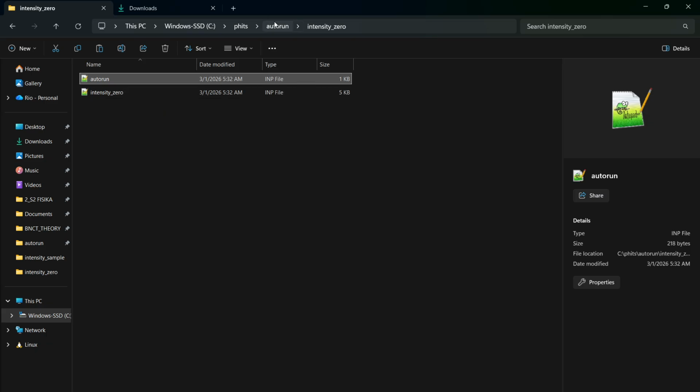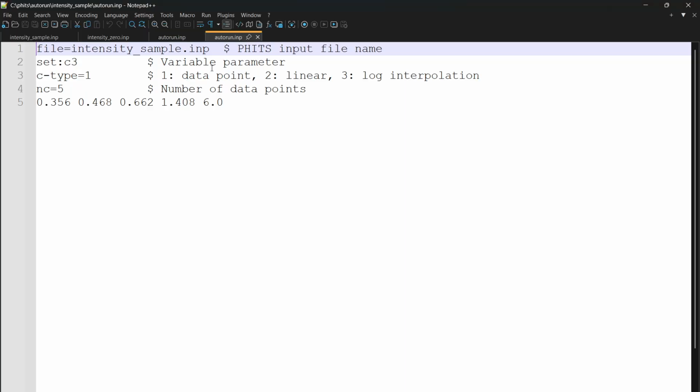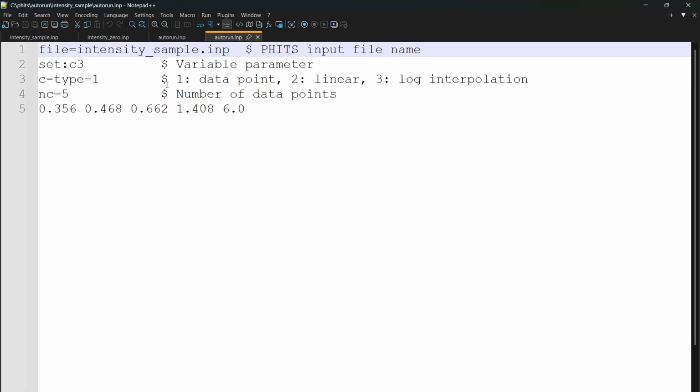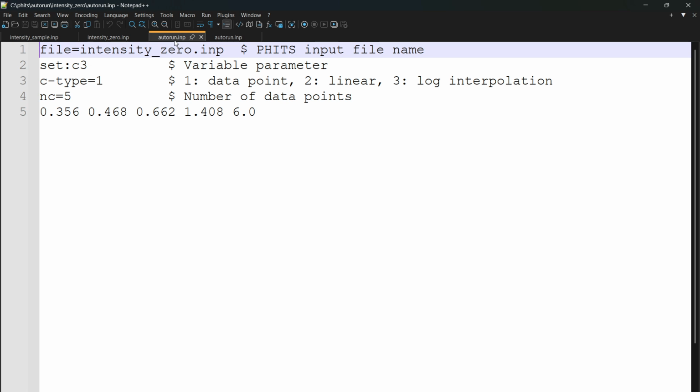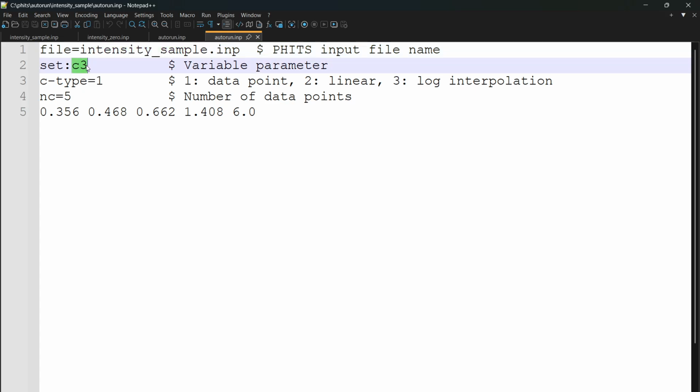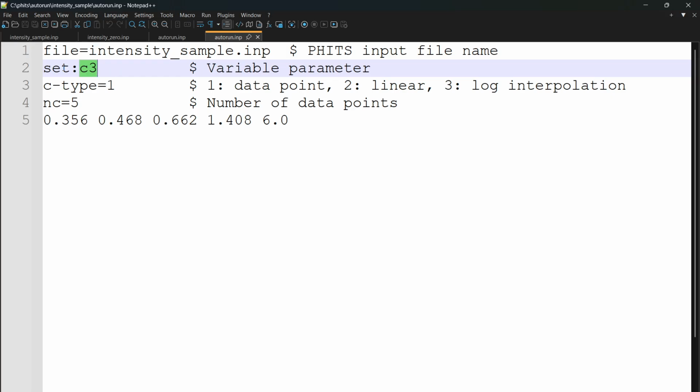Also, if you look in intensity sample, there's also an autorun, so it's different. Do you know what the difference between these two is? Yeah, exactly, the name of the file. For intensity 0, the file is intensity 0, and for intensity sample, the file is intensity sample. So what does that mean? For intensity sample, we want to define the value of variable C3. And for this variable C3, the values are 5 data points. The first data point is this one,